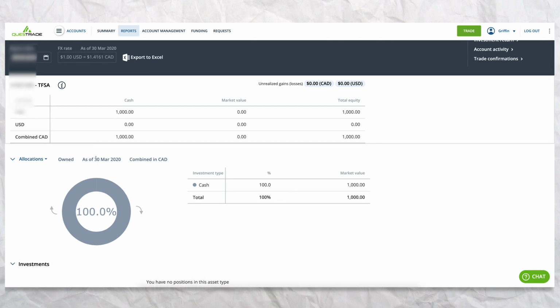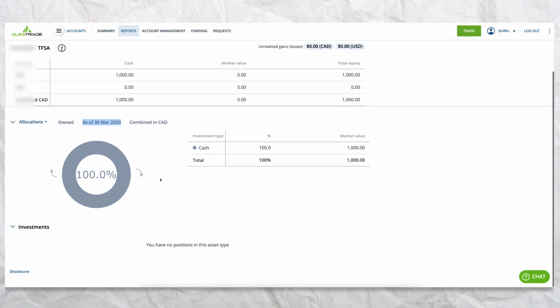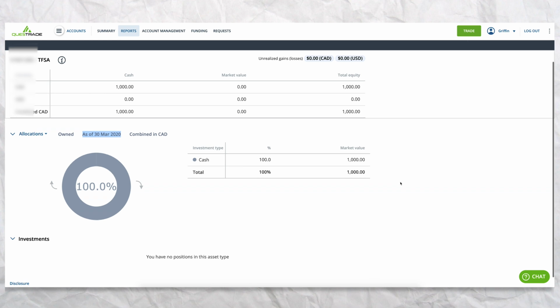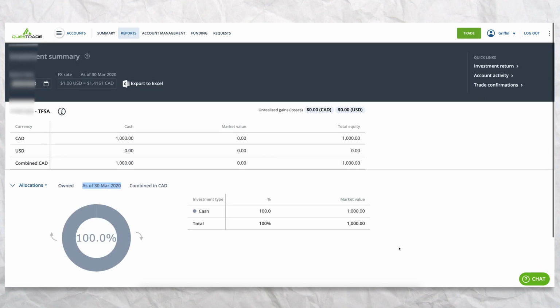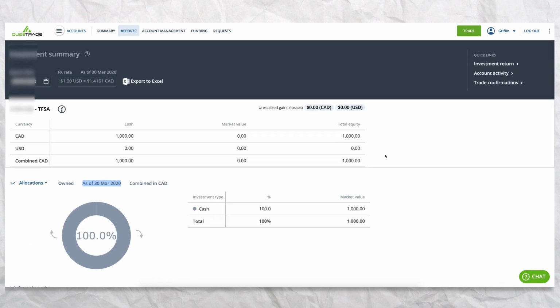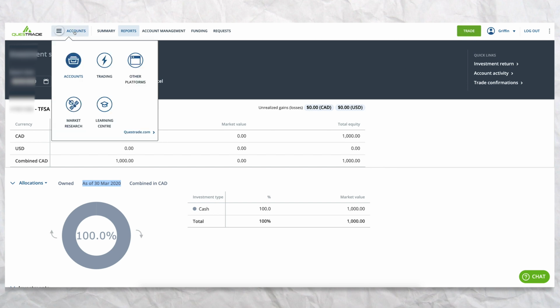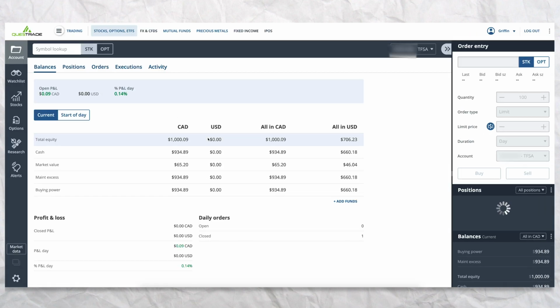But this information is as of the 30th of March, which happens to be yesterday, as opposed to when I'm filming this video. And then your investments, the individual positions, are also going to show up here. So once we're ready to trade, you can click up here to the trade button, or you could also go to the accounts and go to trading right here, which is going to bring you to this platform right here, which is your trading dashboard,